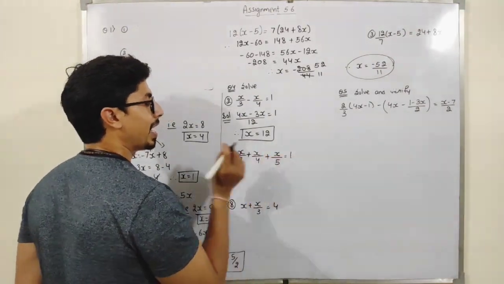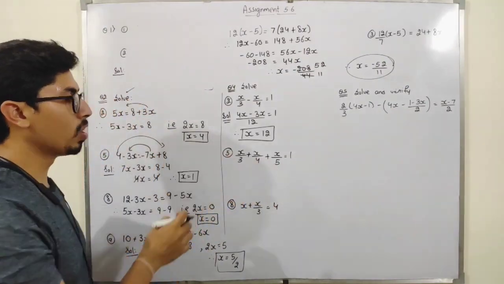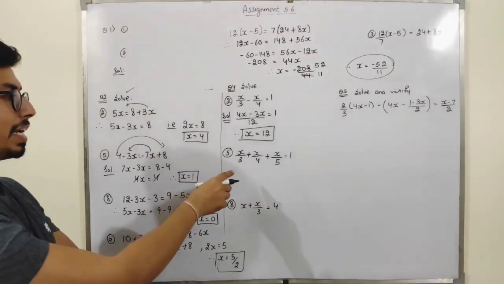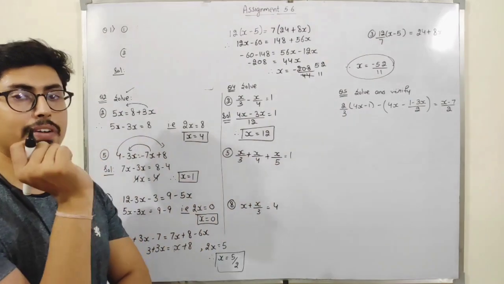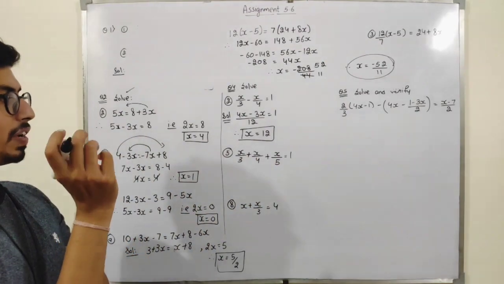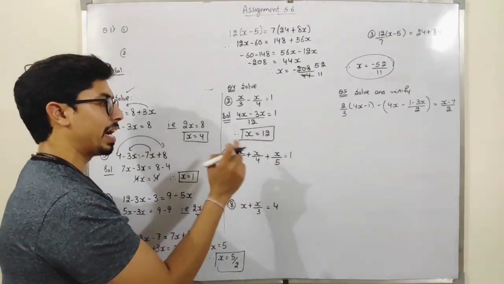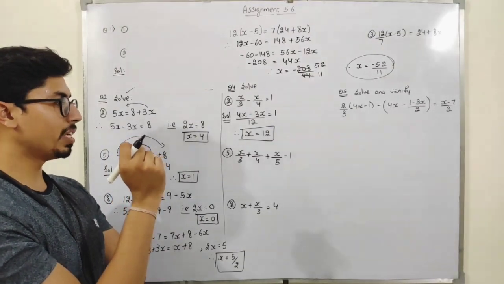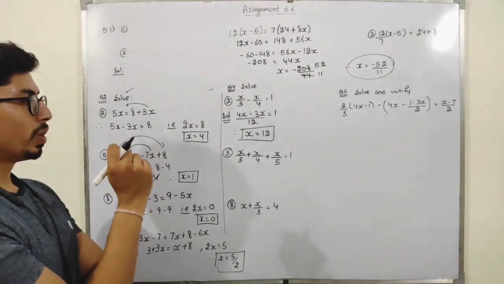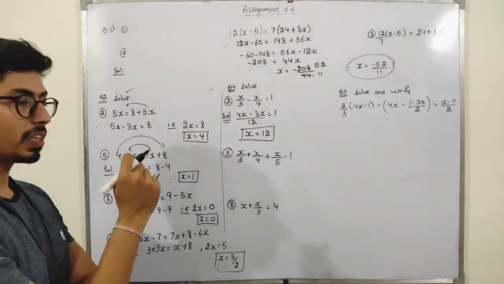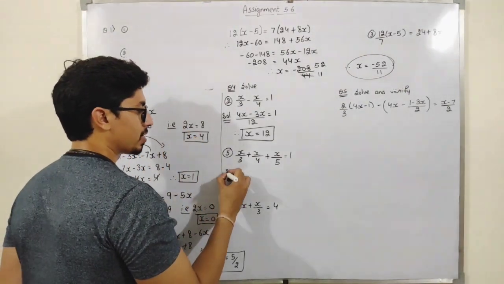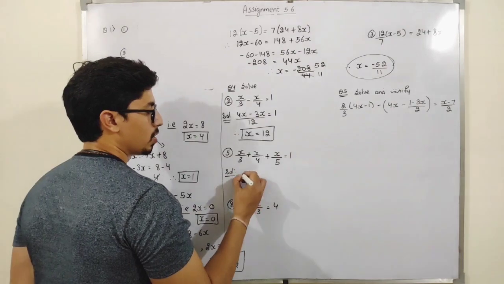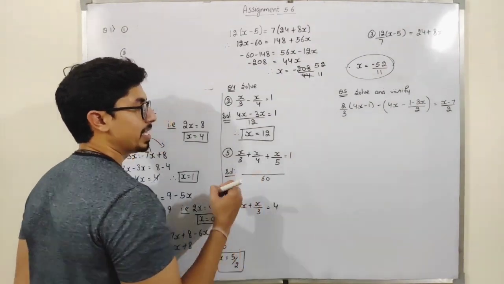See, I have to add these 3, and all these 3 have different denominators. Here we have 3, here we have 4, and here we have 5. So what we will do, students, we will take the LCM of 3, 4 and 5. So students, if we take the LCM of 3, 4 and 5, it will be 60. So just take the LCM 60.